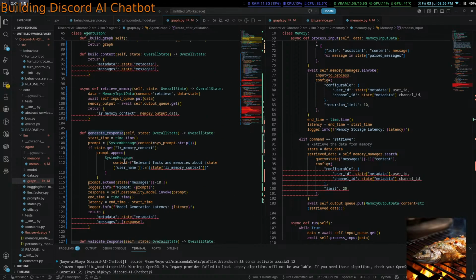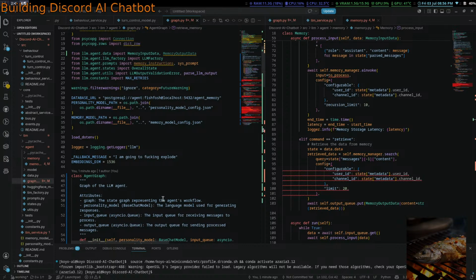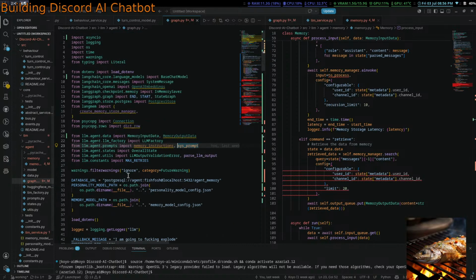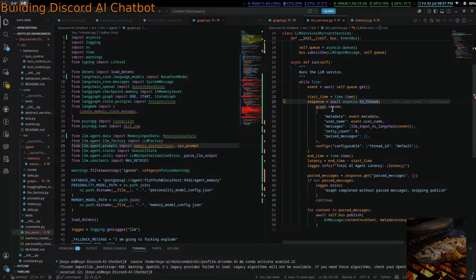So is everything good now? I sure hope it is. Nope, we still have some stuff to fix. That's okay. I'll fix the import errors later. That's not important. Graph import agent graph. Oh, no, we don't see on graph. So, okay.